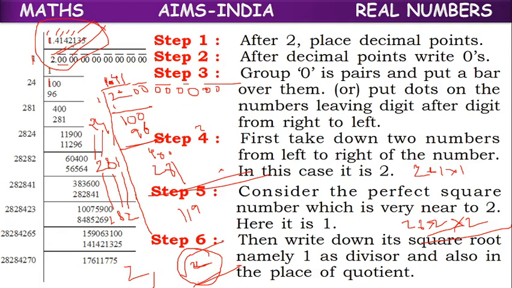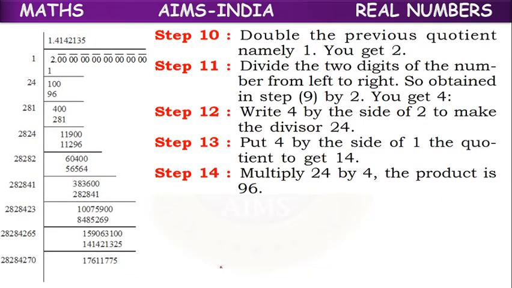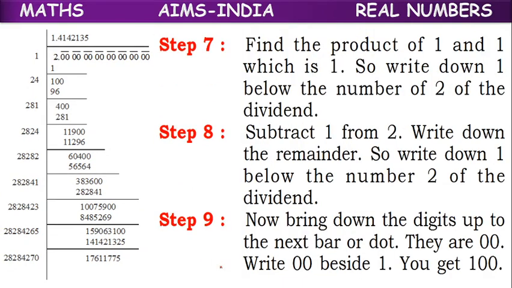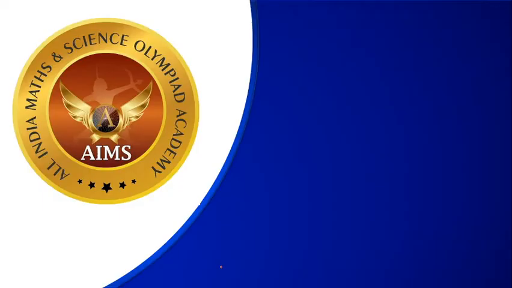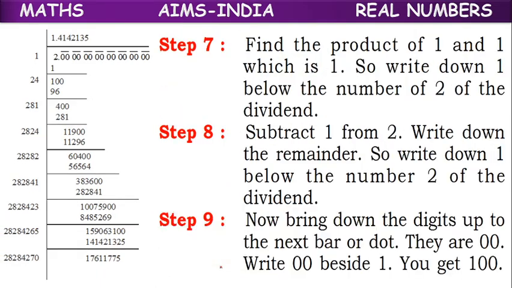So if we take the square root of rational numbers, some of them may be irrational. Suppose we take the square root of 4. We can write 4 as 2 square. The square root cancels the square, and the answer is 2. So root 4 is a rational number. So if we take the square root of rational numbers, some of them may be rational, some of them may be irrational. Okay, children, like this we can continue the division for so many steps.